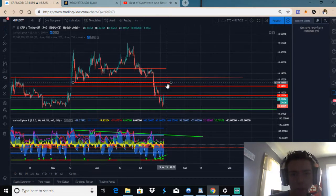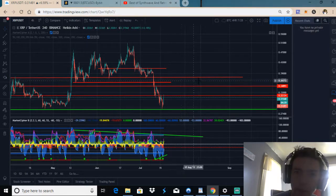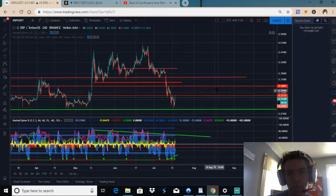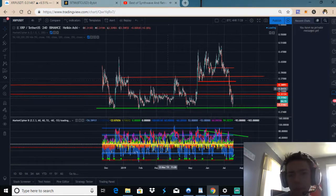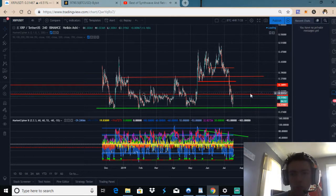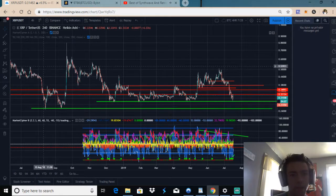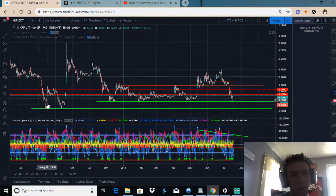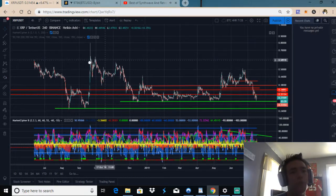But we've talked about this for a while. This 35 to 38 cent area here, it's going to be very, very hard to break. If we break the 38 cent area, I'm going to expect we're going to test 40 cents or higher. But there's going to be major, major resistance between 35 cents and 38. We have our closest resistance at 32 cents. Our support level that we've held for quite a while is at 28 cents. And if we fail that, you have these two touch points. It's about as far as you can go back when you're trying to look for support on the Binance chart, which is at